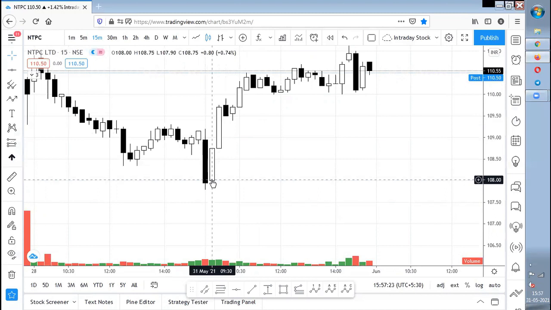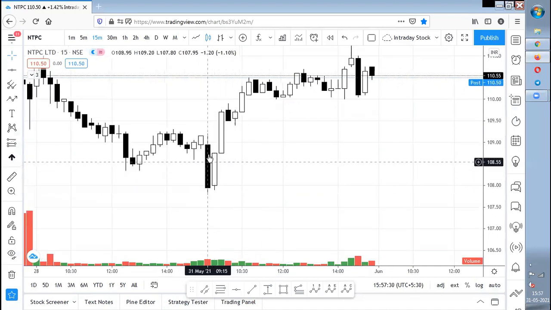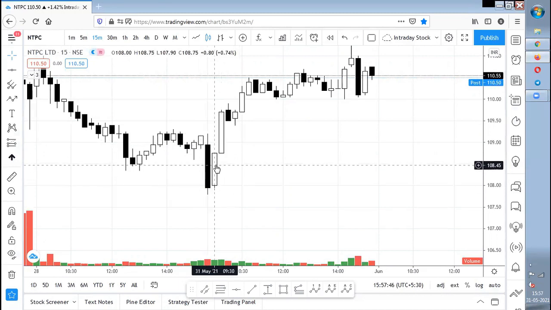But now you need to decide whether you will get 1:1 or not. This candle's high is around 108.175, and this is 107.80. Nearly 1 rupee is the stop loss, and to be frank, in the extreme reversal this high, the candle's high, should be the first target. But I always stick to 1:1, that is what I prefer. This candle's high is 109.515, and this is 108.75. I'm not even seeing a 1:1 ratio, so I would avoid this trade. Even though the criteria is fulfilled, I am avoiding the trade because I don't see a 1:1.